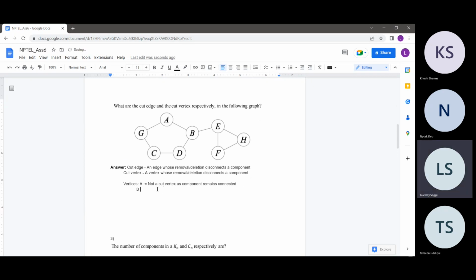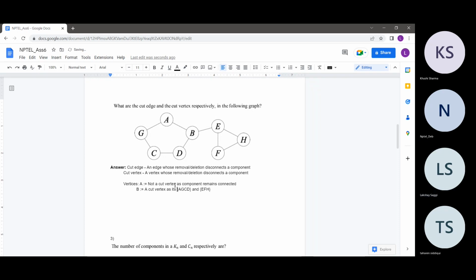Then we'll look at vertex B. For vertex B, after deleting it, the component A, G, C, D will be a different component from the component E, F, H. Because B is deleted, all its outgoing edges are deleted, so there will be no edge which connects the AGCD component and the EFH component. Let me put these component names in set notation: AGCD and EFH. So B is a cut vertex